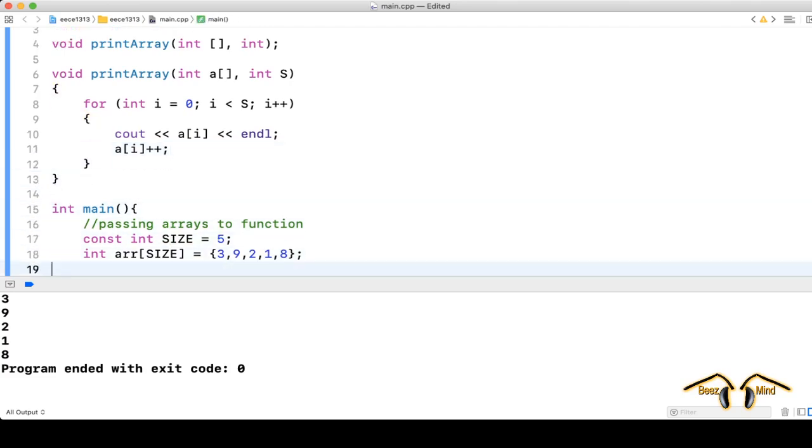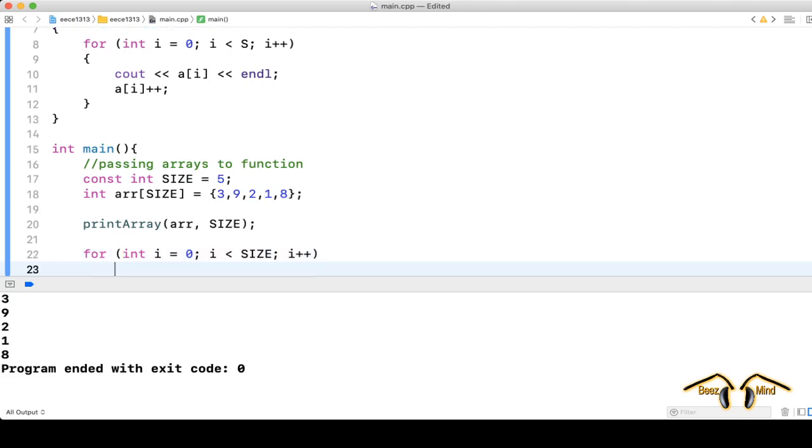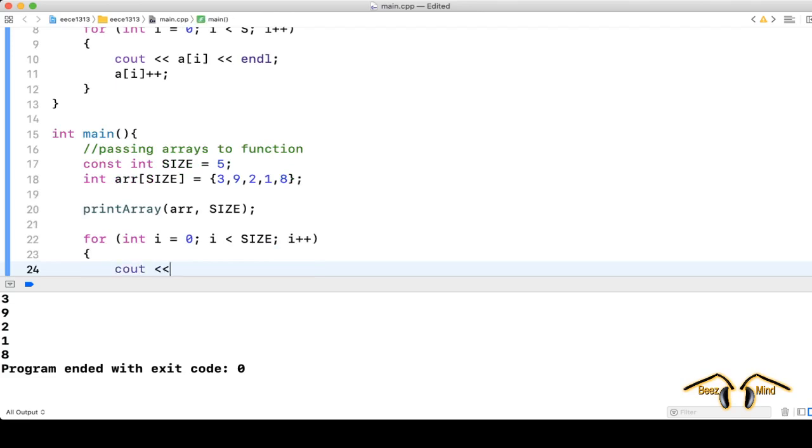So what happened is that when you go out of the function, for int i = 0; i less than size; i++, if you output the array,